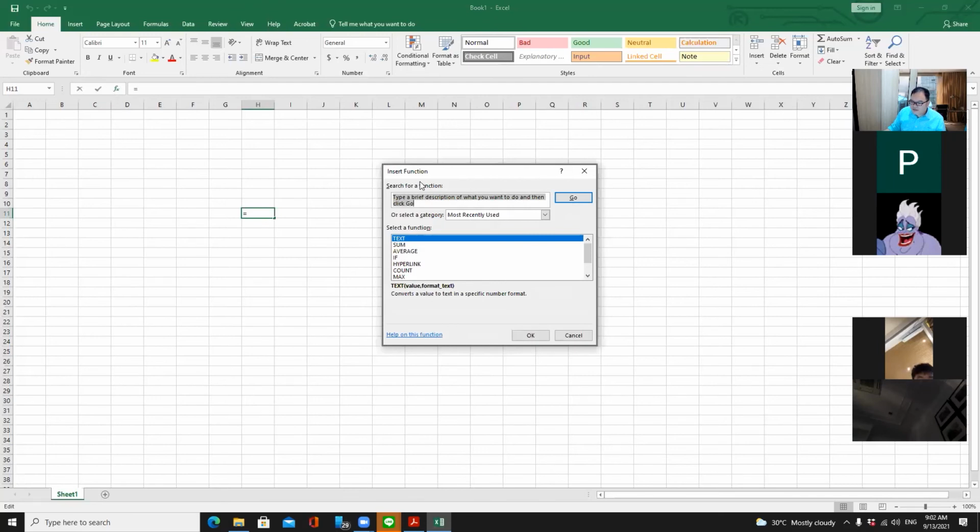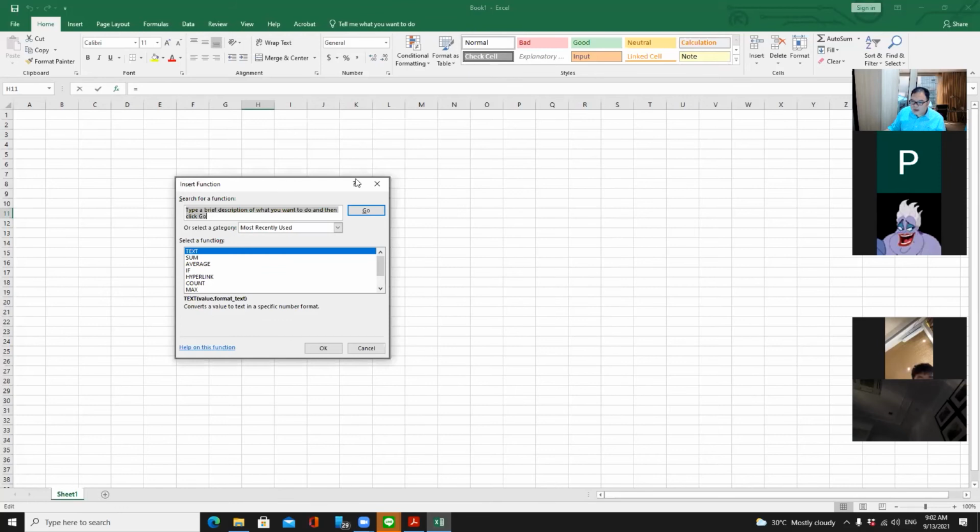When you click on Insert Function you see a pop-up window showing the Insert Function dialog. It has the search box, and a category drop-down, where it shows a list of categories of the functions that we can use. We can choose the functions under that category. For example, in here it says Most Recently Used, you may have Text, Sum, Average and so on. If you go to the Financial category you see